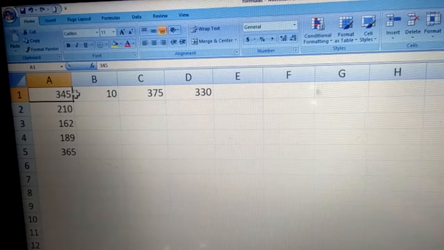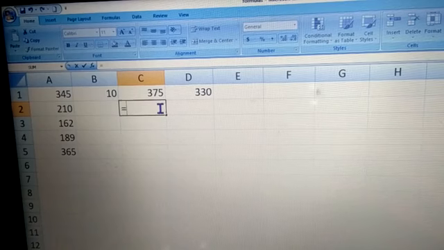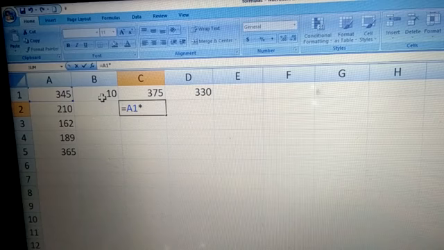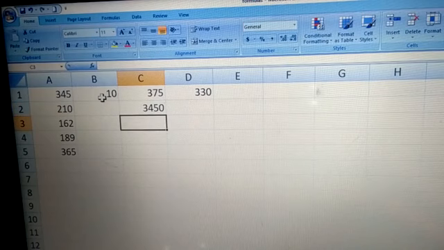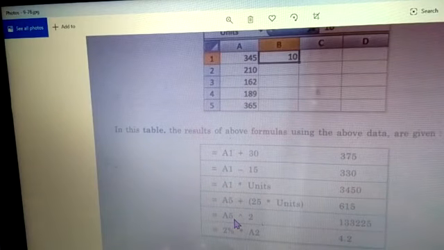So you will write here equal to, then select A1, then into, then type the name of this cell, that is units. You can also select it directly. Then enter, and you get the answer. This is how you will do all these things and get the result, children.